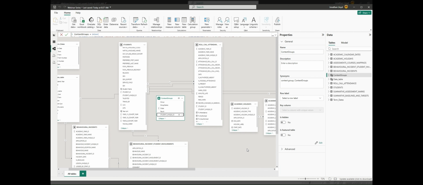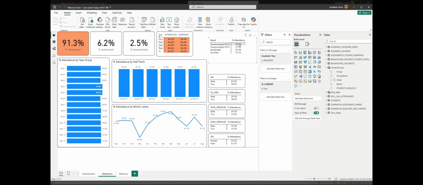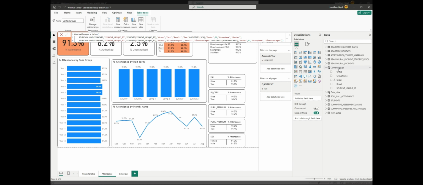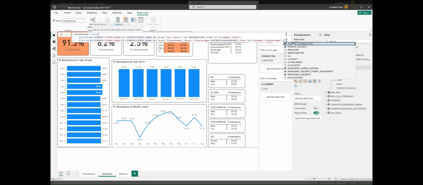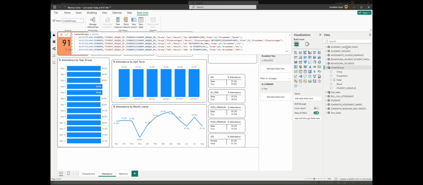Now while that's whirring away, when we go back into the report view, we can now see that the numbers on the page have changed. Okay, so male and female, there's not much difference between them, but you can see the information matches what's here. And what we are going to do now, I've got one I prepared earlier, is we're going to add in some more context groups. So I can come back into this table at any time, and as long as I put a comma, Alt and Enter, and then I can do a paste into